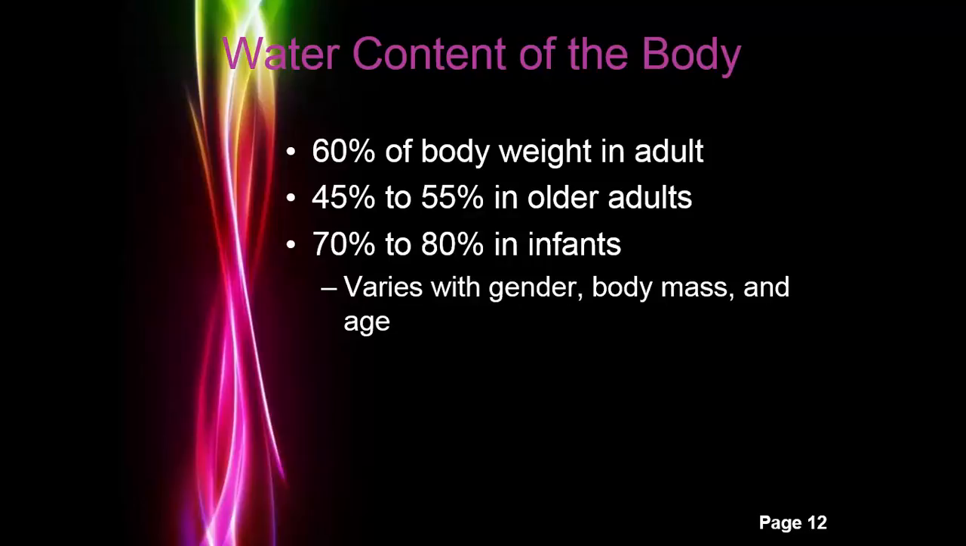So the percentage of body weight that is composed of water is generally greater in men than women because men tend to have more lean body mass than women. And fat cells contain less water than lean tissue, so thin people have more water than more obese people. Also, the older you get, the less water content we have. So you can see about 60% of the body weight of an adult is water, 45 to 55% in older adults, 70 to 80% in infants, and this also varies with gender, body mass, and